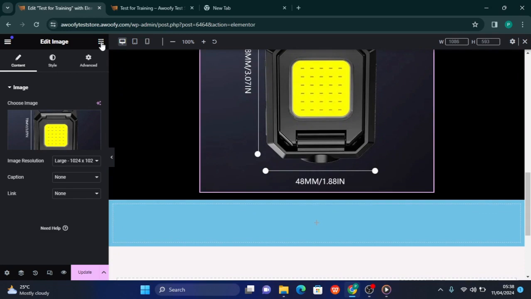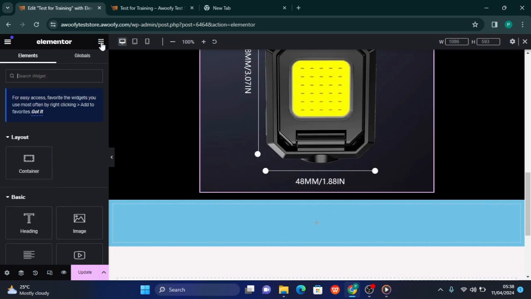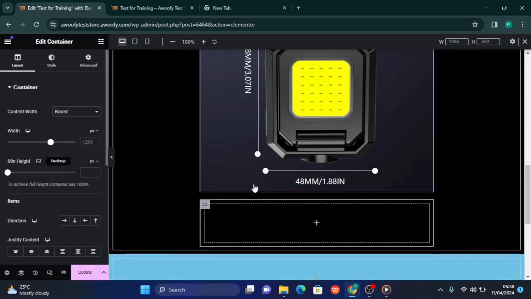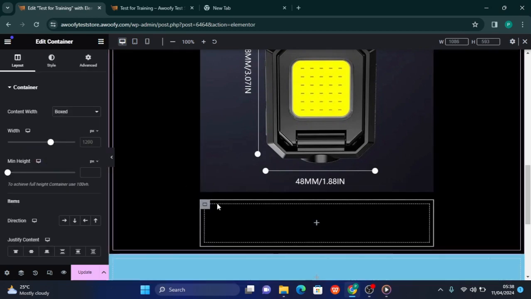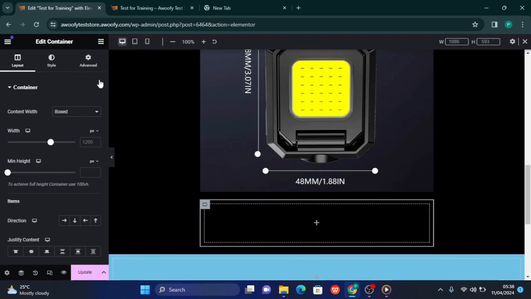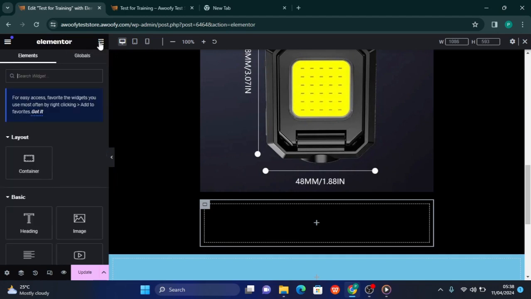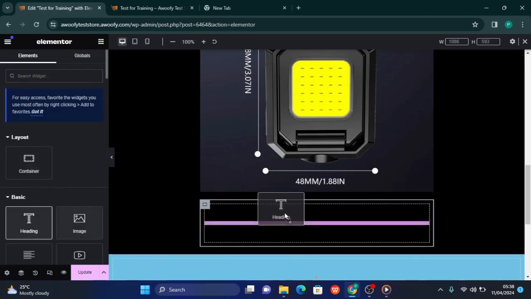You can still come back to elements and add another container inside this container, right? And I've noticed now this container by default inherits, has to align to the styling of this very container. So we can then choose to add an image here, a heading,